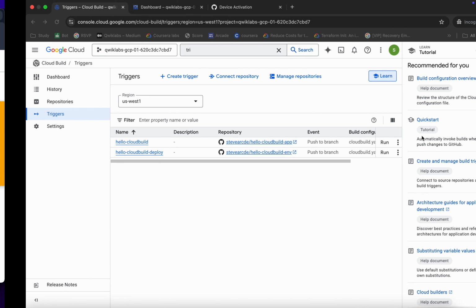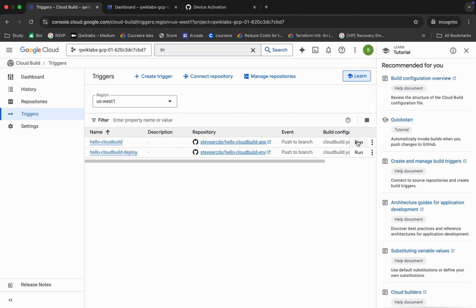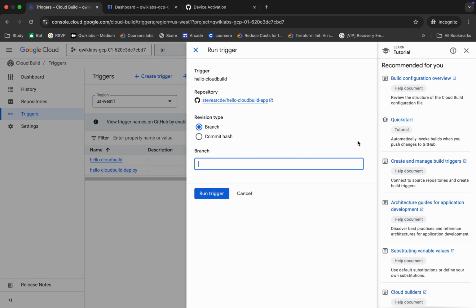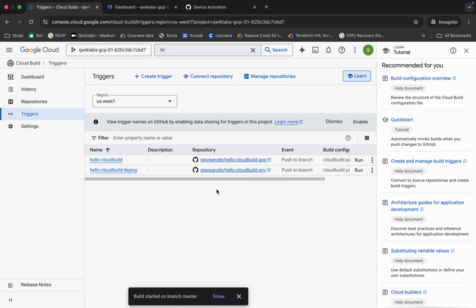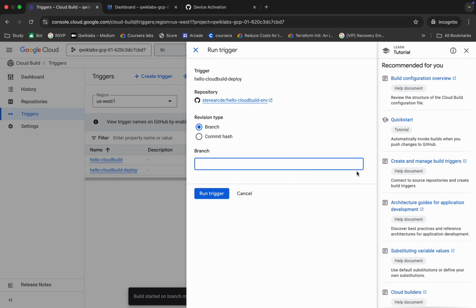So what you do here, come back over here and you can see this run button, click on both the run buttons and make sure that for all these triggers you choose the branch as master. Okay, so let me copy this thing, copy that, and click on this run trigger. So let me wait now. Okay, now choose the second trigger. You can see if I click on this run button, I will get this candidate. So replace this candidate with the master one and then click on this run,